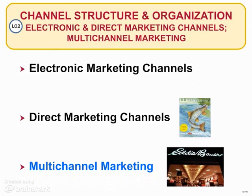There are other methods of marketing channels also, direct marketing channels and then multi-channel marketing. If we look at direct marketing channels, these allow consumers to buy products